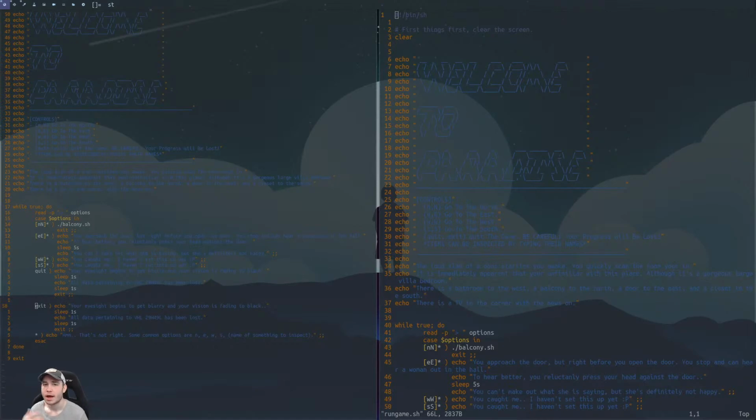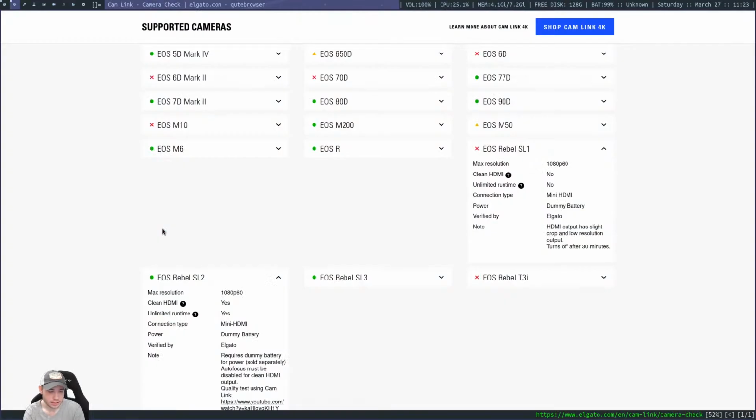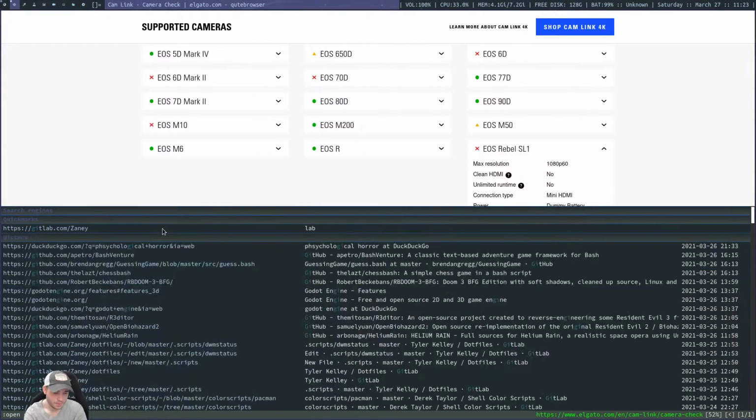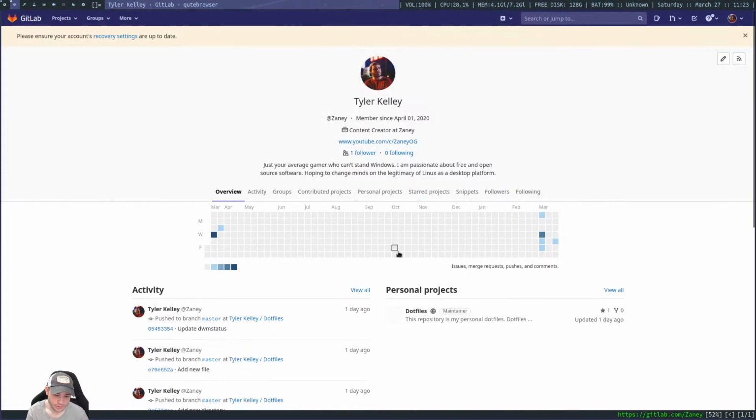By the way, if you want to get any of these files, download them, work on them yourself, or contribute, anything like that, I will be uploading these to my GitLab. And by saying that, I need to actually go ahead and do it because I'll forget again. So I'll go ahead and open up my GitLab.